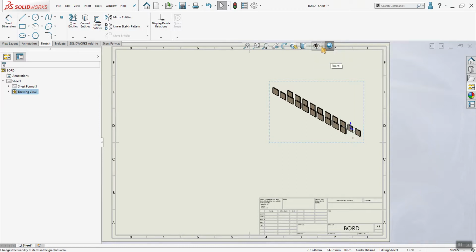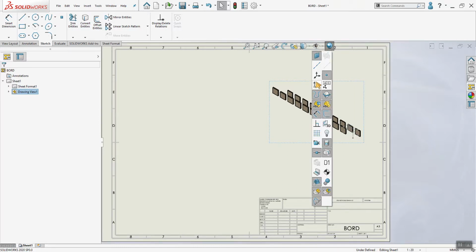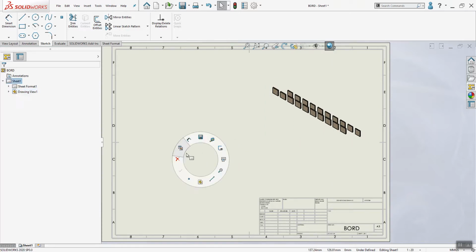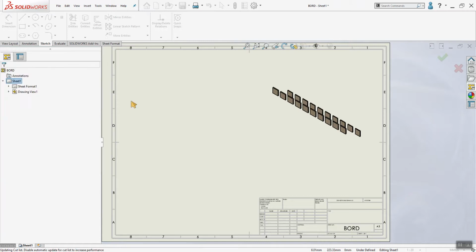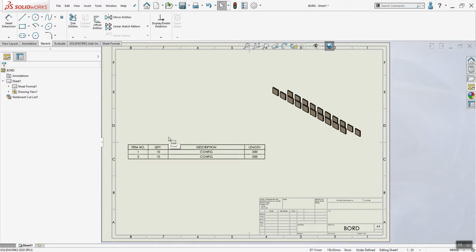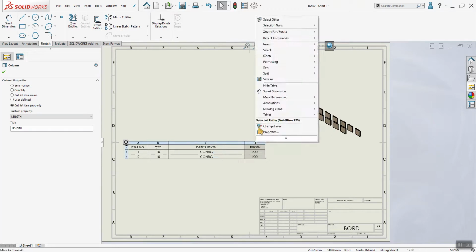It's this eye here, that's where you turn it off. These things that you don't want to see, like that. So now if we do